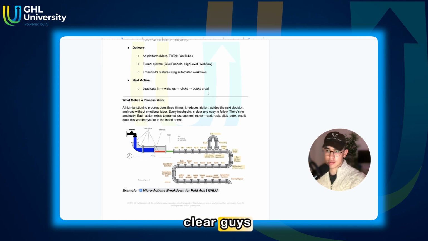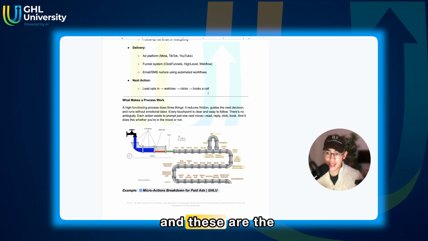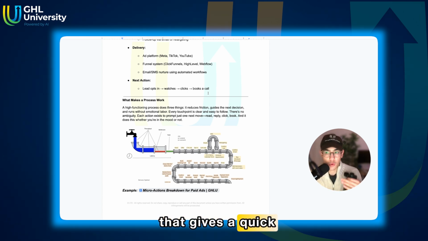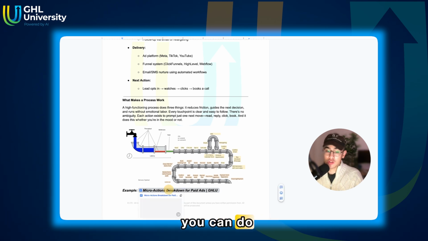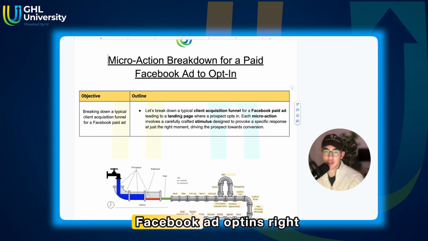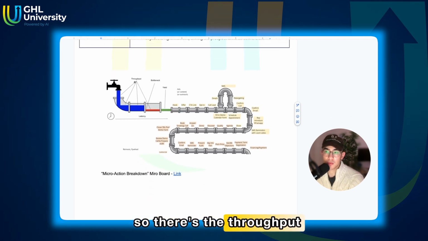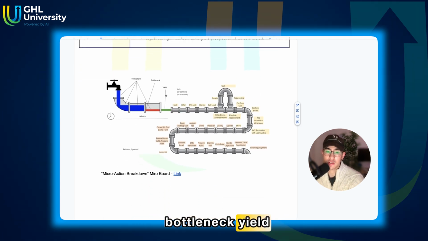Is that clear, guys? So those are the inputs we just talked about, what you need to do, and these are the processes that give a quick overview of what it looks like. It can be overwhelming, because there's a lot of things that you can do, so don't worry. I have an example. Micro action breakdown for paid ads, Facebook ad opt-ins. So there's the throughput, bottleneck, yield, and then these are all the steps from hook to offer to call to action to opt-in to calling the leads to email, SMS retargeting to confirming the email to getting on the call to showing up to setting the agenda,